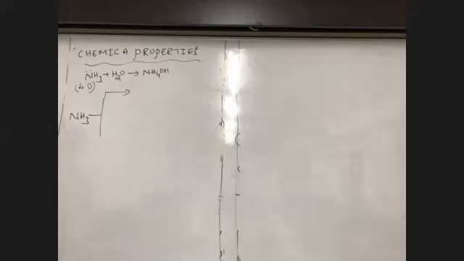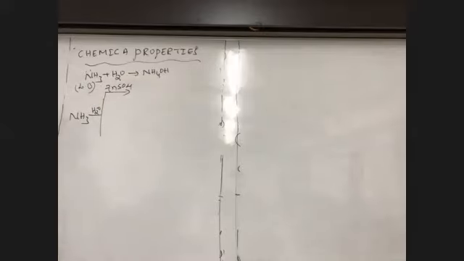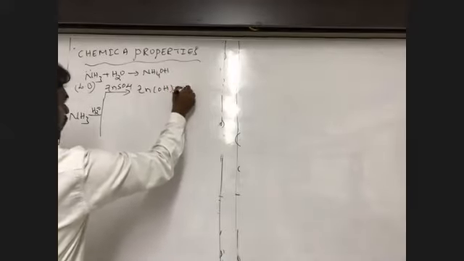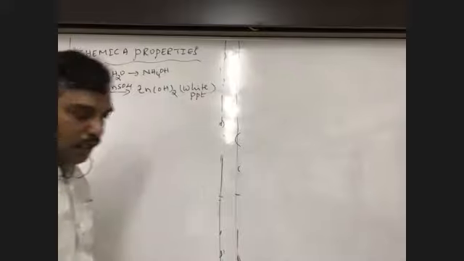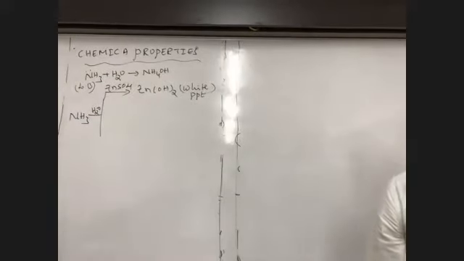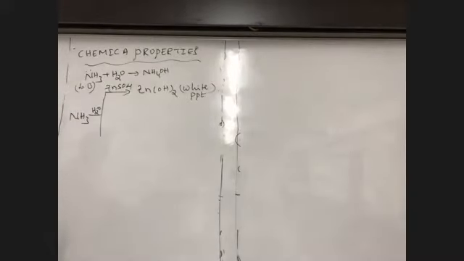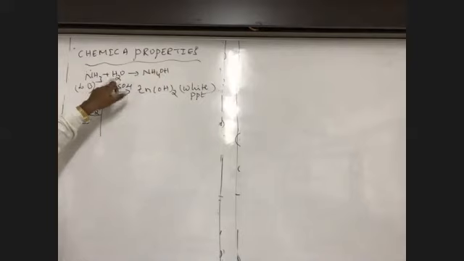Here ammonia plus H2O, NH3 plus H2O, that is called NH4OH, when it reacts with ZnSO4, zinc sulfate, it produces Zn(OH)2. A white precipitate of zinc hydroxide exists. If the salt contains Zn2+ ion, the presence of Zn2+ can be identified by taking the salt solution into a test tube and adding a small quantity of ammonia solution, which immediately forms a white precipitate. The presence of the white precipitate indicates the given salt contains Zn2+ ions.